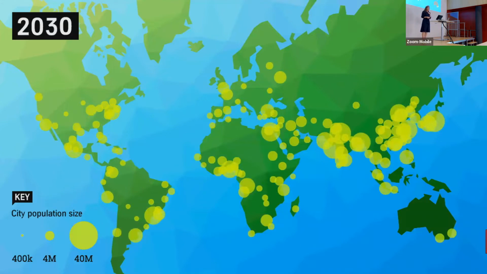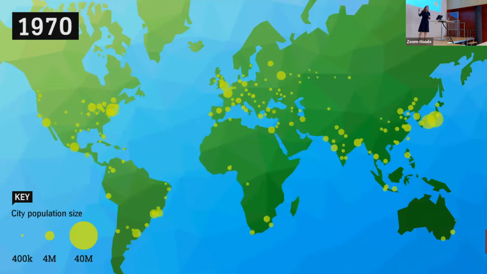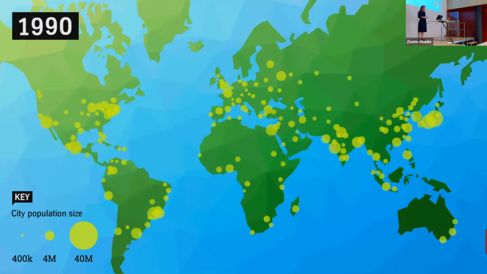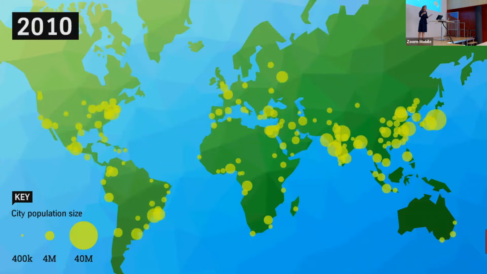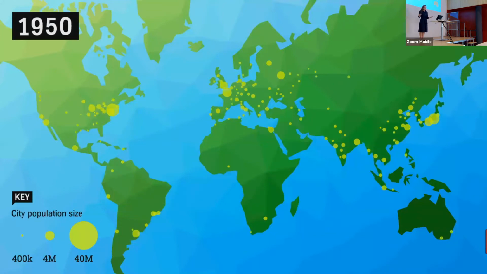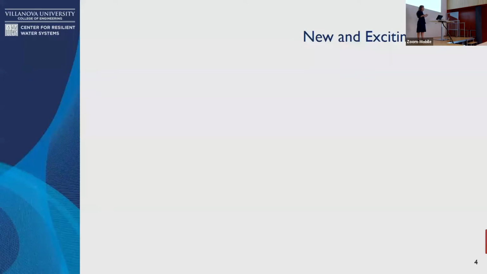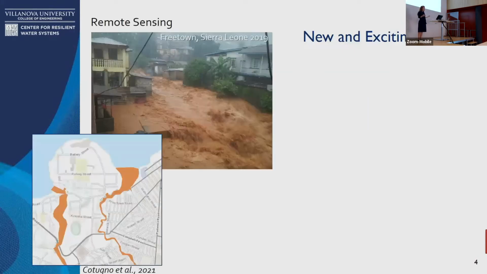I have 2 little girls, they're 4 and 6, and by the time they're my age, almost 80% of the world's population is projected to be urban. This is exciting because it's a big challenge. And challenges for engineers are opportunities to advance science and knowledge. So while we have this big challenge, we also have exciting opportunities and new tools that we can use to start addressing these. Remote sensing.